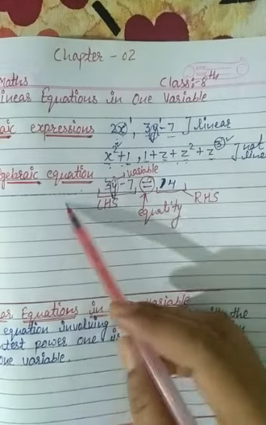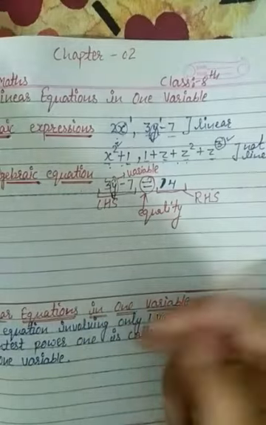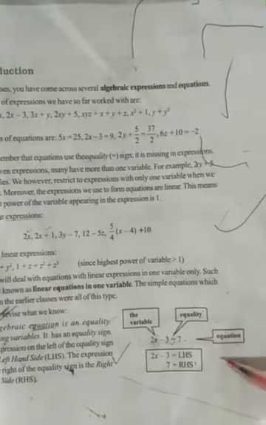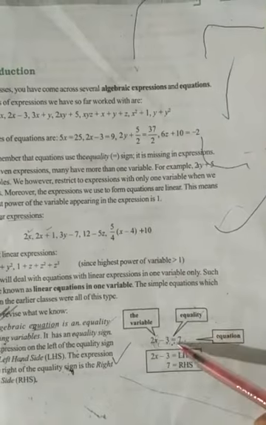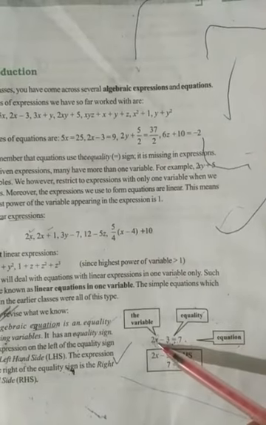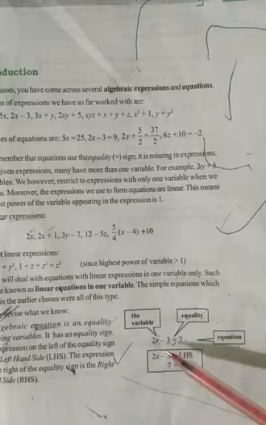About equation, you can write from your book. You can see your chapter, first page, down. About equation, these 5-6 lines have been written. You can note down these 5-6 lines, and this example is there. Equality is there, left hand side there, right hand side there, variable is x. So you can note down about equation from your book.